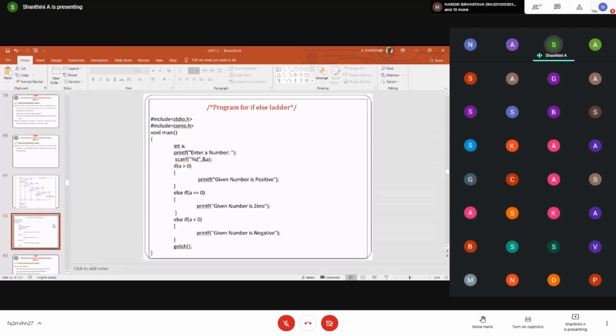So if you have a multi-path decision, as you can see in the picture or the flowchart diagram that I've given here, there is a multi-path decision. In this, the evaluation generally starts from top to bottom. So if a condition is satisfied, you will give an output. If not, you just go on checking else if, else if, else if, else if.